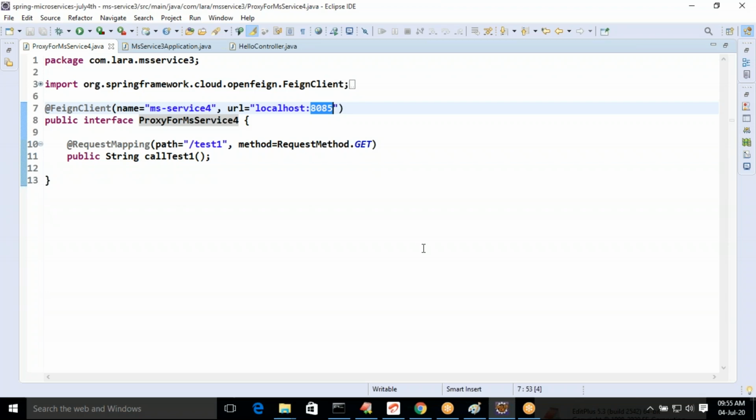If you go for Feign client, we are able to address reusability. We are unable to address load balancing. Load balancing is missing.